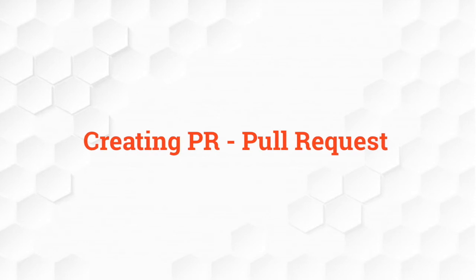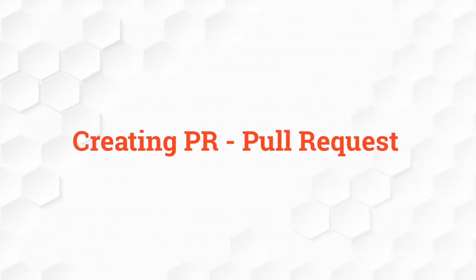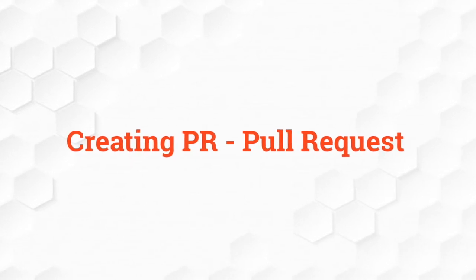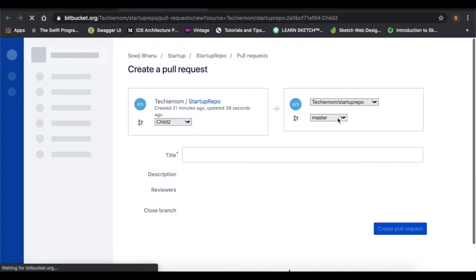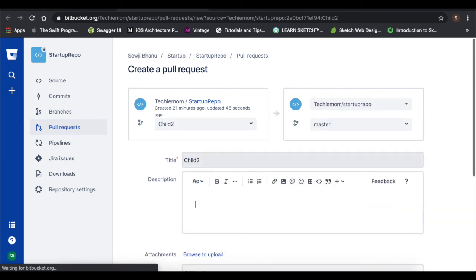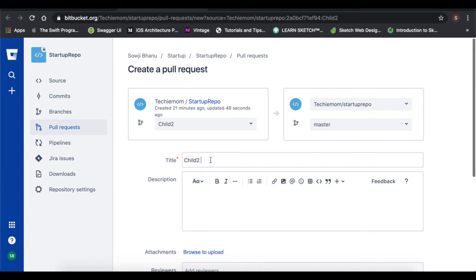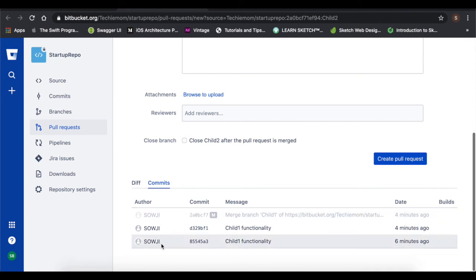Now let's see how to create a pull request, or nothing but the PR. If you're working in a team of multiple people, you might need to create a PR instead of doing a merge or rebase. For that, you need to go to Bitbucket and click on create pull request, select from which branch to which branch you want to create the pull request, and give a title and description for it.